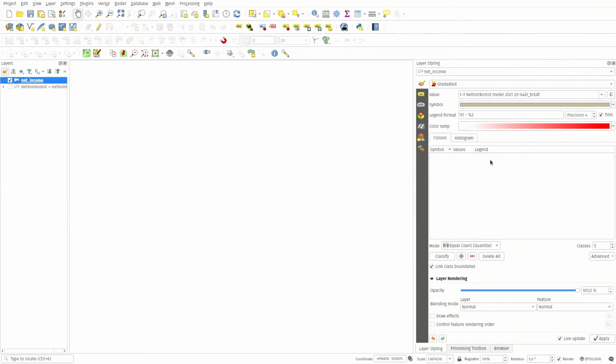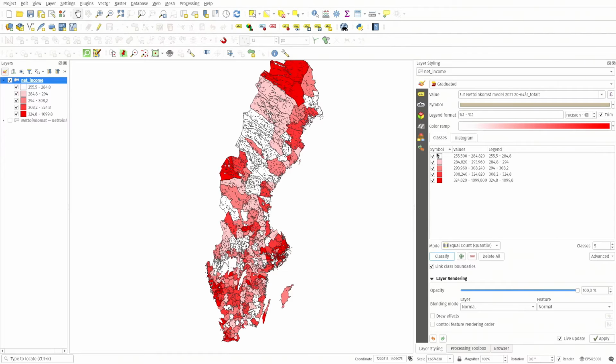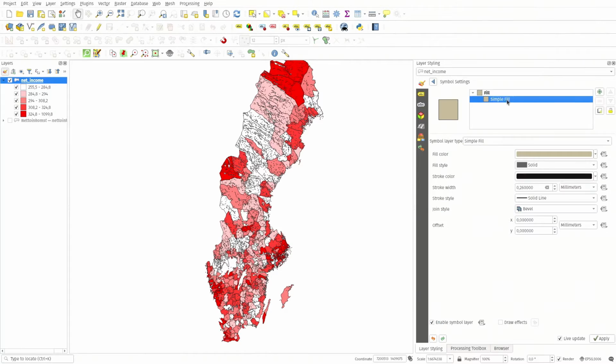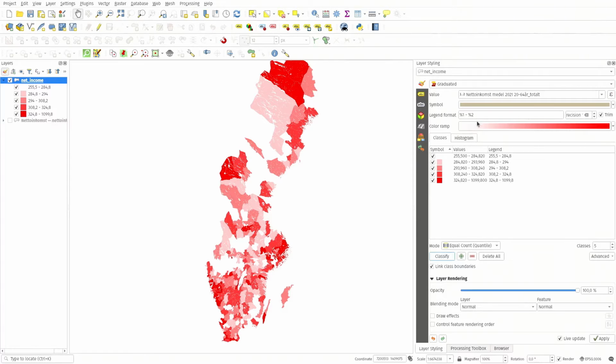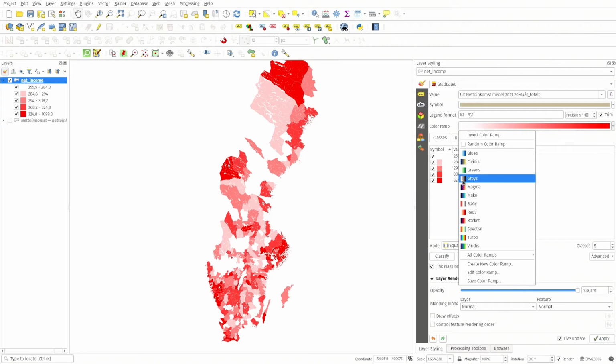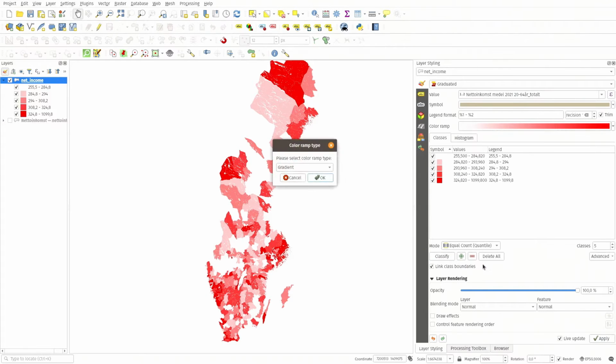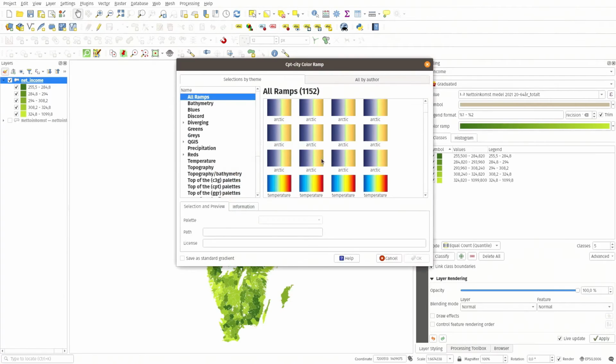But I will start by just classifying and see what we land on. I will change my symbology. I do not want the outlines, so remove the outline. Also, I don't want this color ramp, so let's create a new color ramp. I'm using Catalog CPT City, and for this I want something that is diverging,